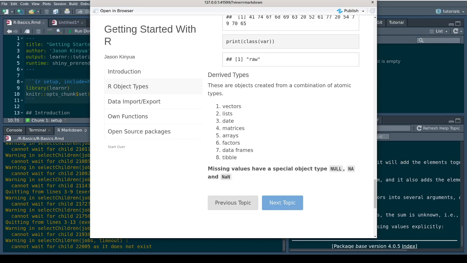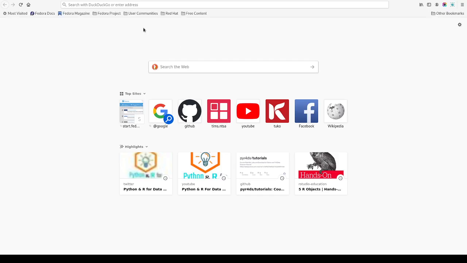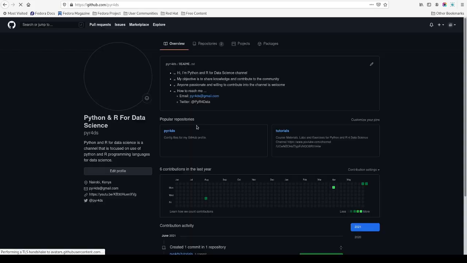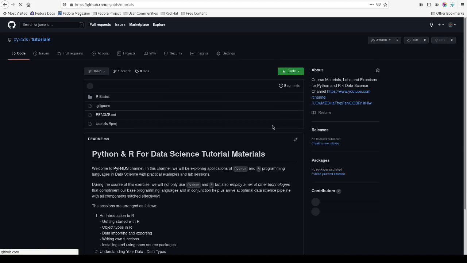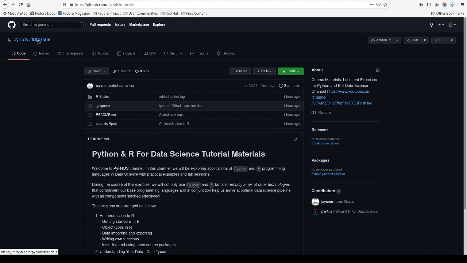For now, as a closing remark, I would want to bring it to your attention that we have a GitHub repository where you can get code materials that we will be using for the tutorials or examples and everything. For instance, this markdown that I have been using to illustrate today's guide is here in the tutorials repository.